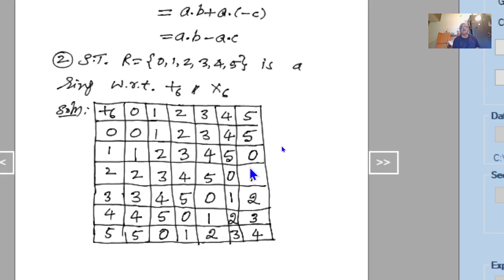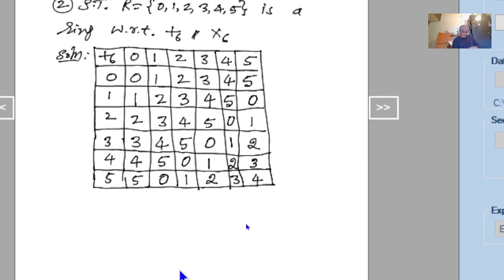Therefore, the table is symmetrical. If the table is symmetrical, the commutative law holds with respect to addition. So, all the 5 conditions are satisfied. Therefore, R comma plus 6 is an abelian group. So, we write here,